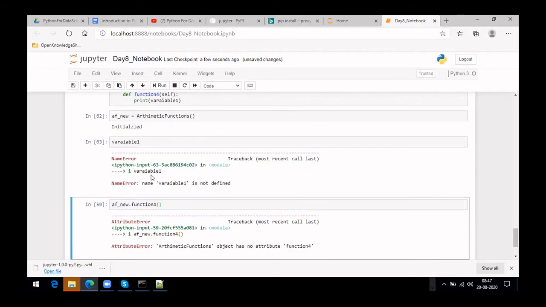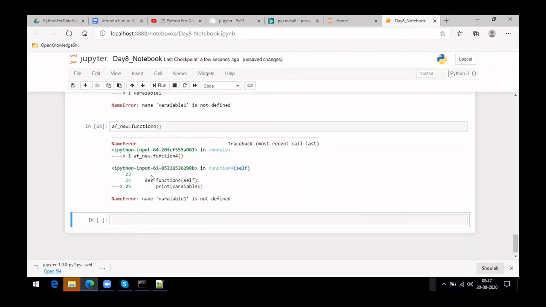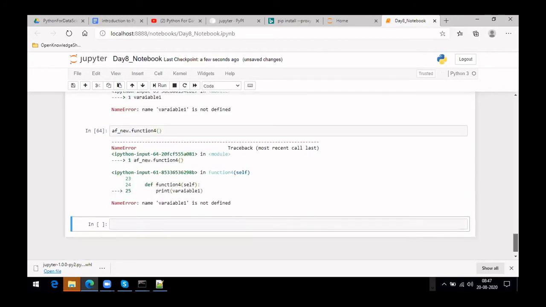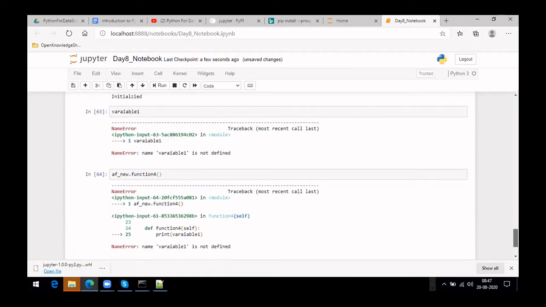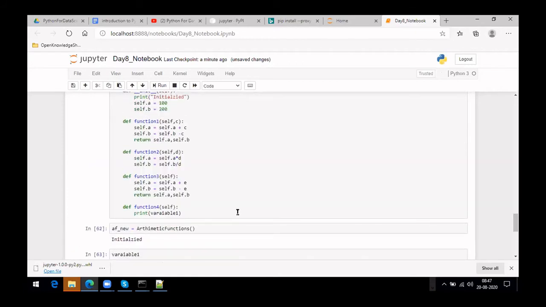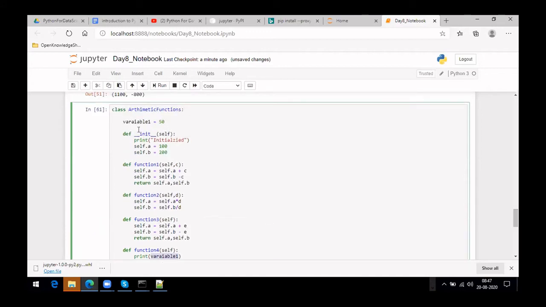And function 4, I'm trying to execute. So here, this is not active. If you say variable 1, even though you have defined it here, you are not able to access it here. So let me see if we can access it with self now.